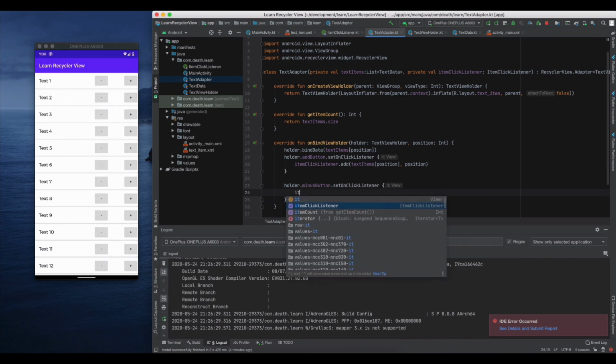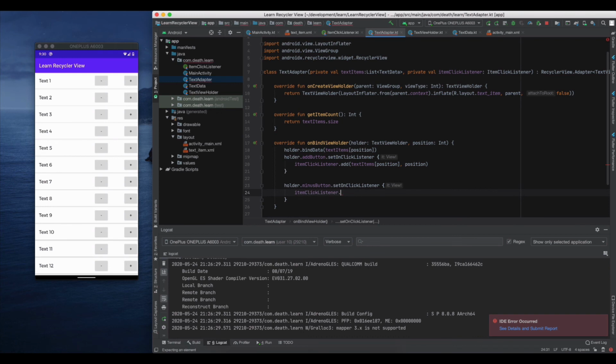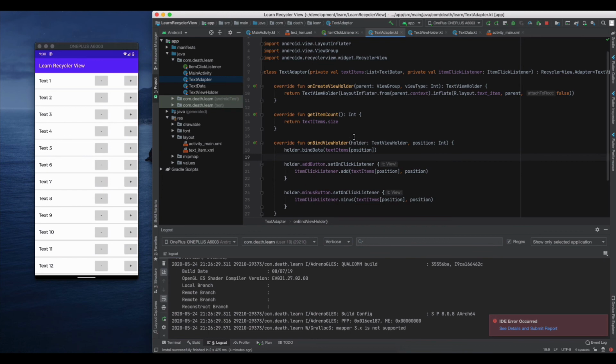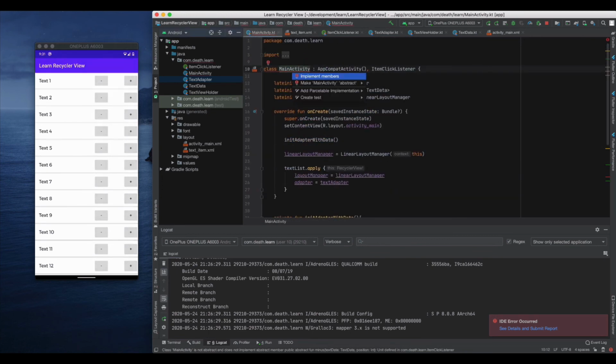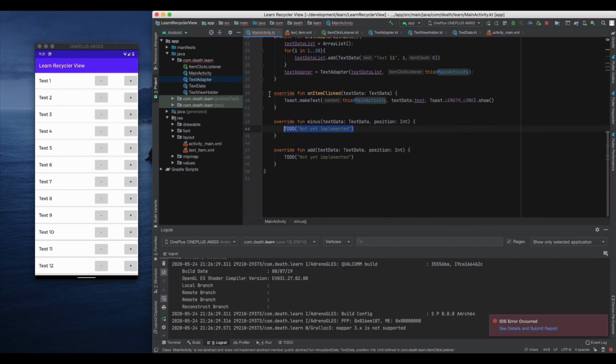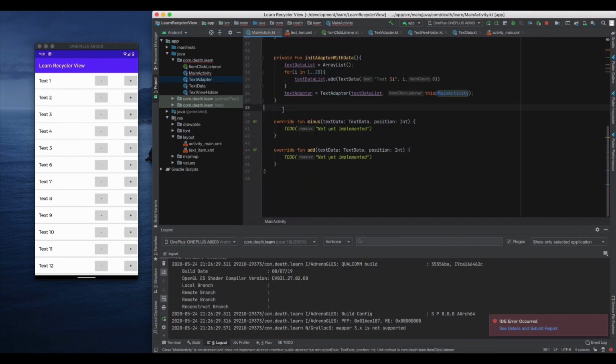Item click listener dot minus and text items position. So this is how we have called those methods. Let's go to main activity and implement those two methods, minus and add. Remove this unused code,